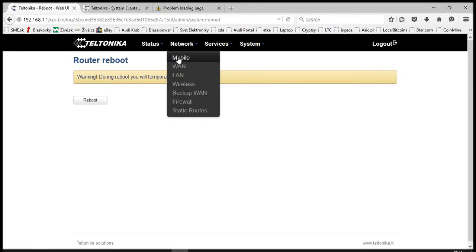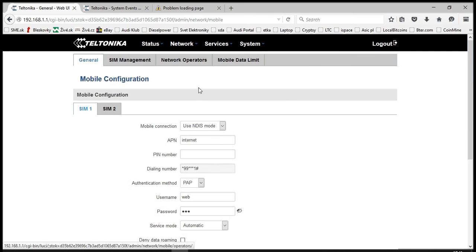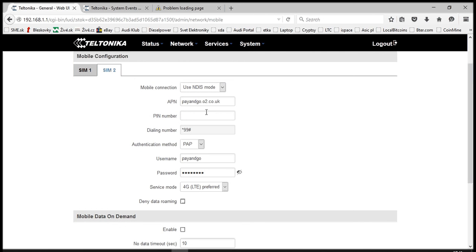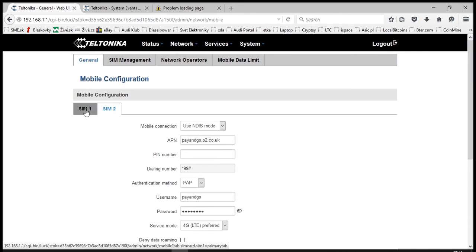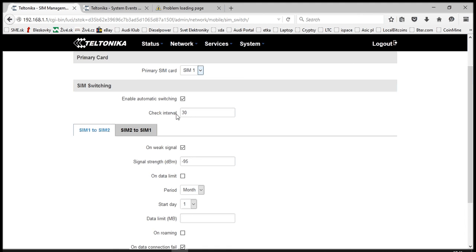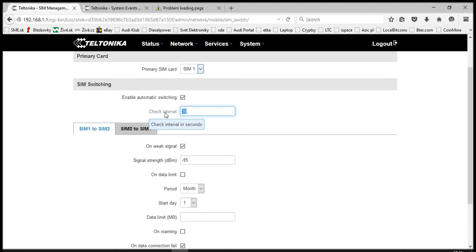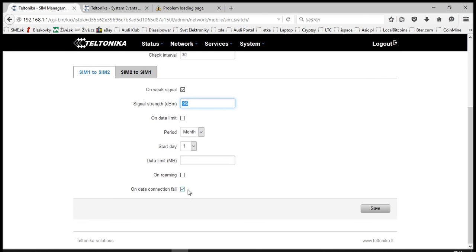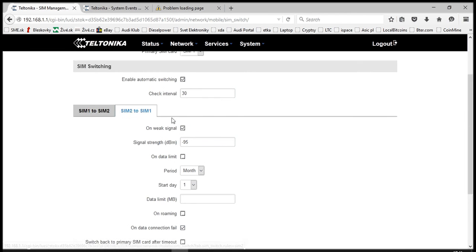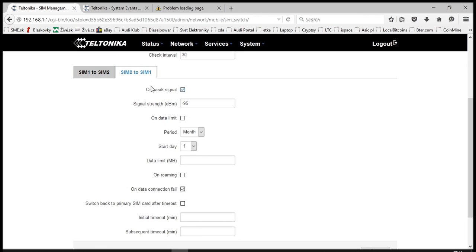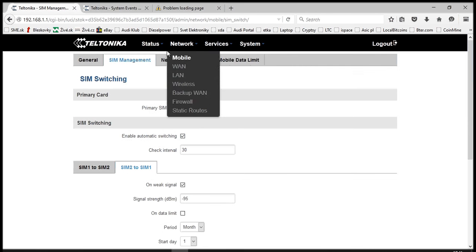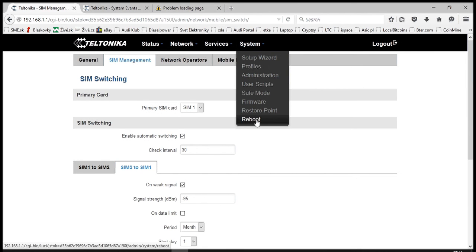Well, first of all, I'm going to show you in the mobile what we have set. Then we got all the settings correct for the SIM 1 or SIM 2. Yeah, and the SIM management is set to the primary SIM 1. Interval for the 30 seconds. What happens if it drops below on the weak signal or data connection fail, switch to the SIM. And the same thing happens on the SIM number 2 if it just drops down below or data connection fail. We're going to do the reboot,